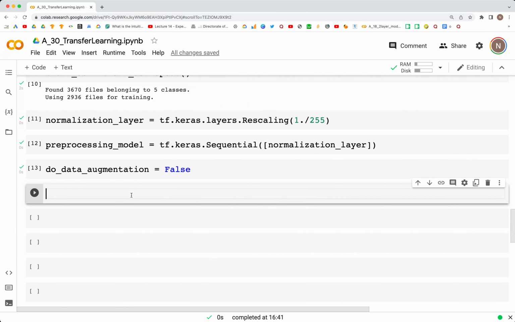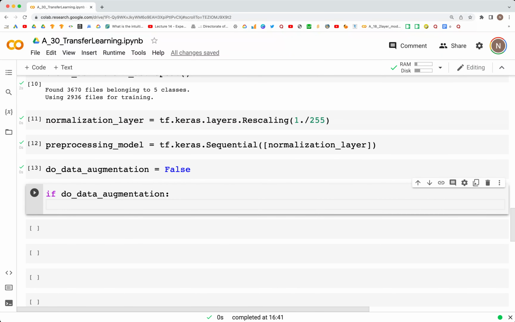And if this were true, then we would do the following steps. If do_data_augmentation, then preprocessing_model.add,